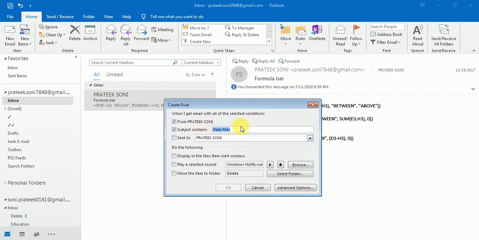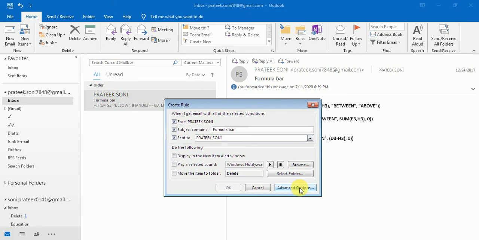According to the subject of what we are receiving on the daily basis, you have to fill that subject over here. Right now I will write formula bar because there is formula bar written in the subject, so my email has the subject formula bar. Sent to me only. The scenario will be that your manager is forwarding a mail to you.